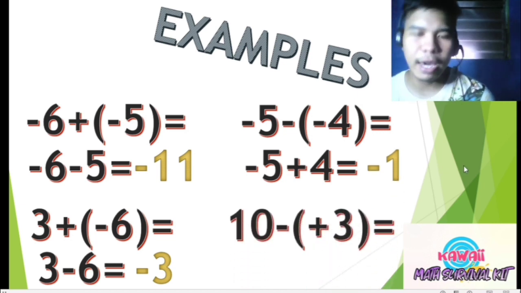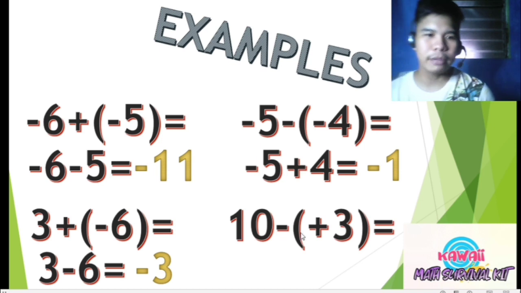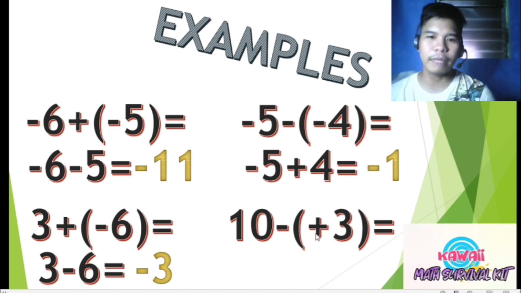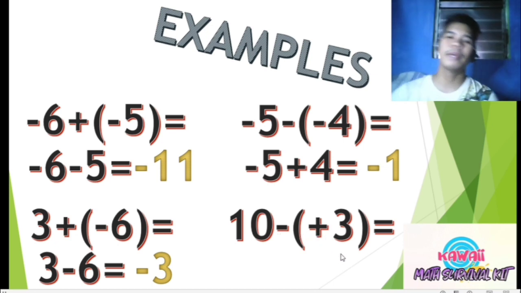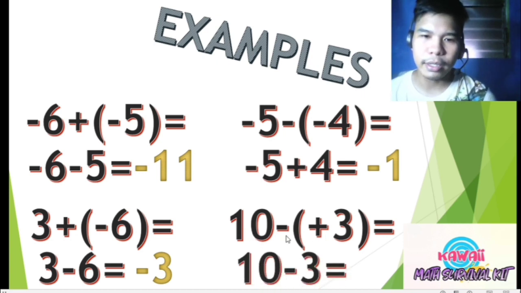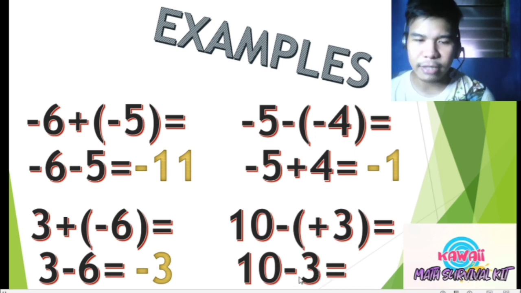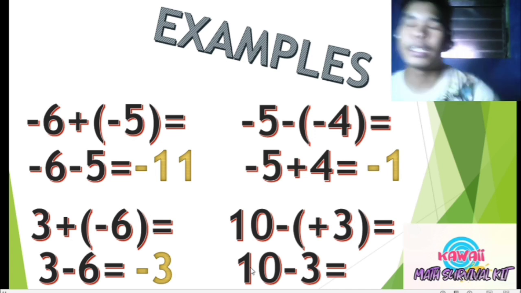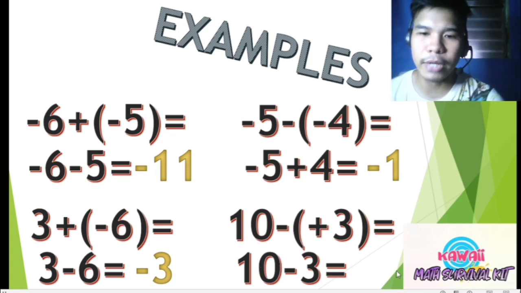And finally, we have positive 10 minus positive 3. In the same manner, again, we have here unlike signs, negative and positive. So that will become negative. So you copy first positive 10, and then the operation here will become minus 3, or negative 3. So this is now positive 10 minus 3. So they are unlike signs, so we subtract. 10 minus 3 is 7, and then the sign of the larger integer is positive, so your answer must be